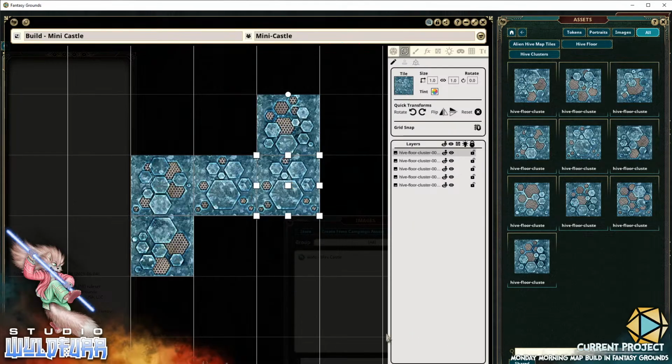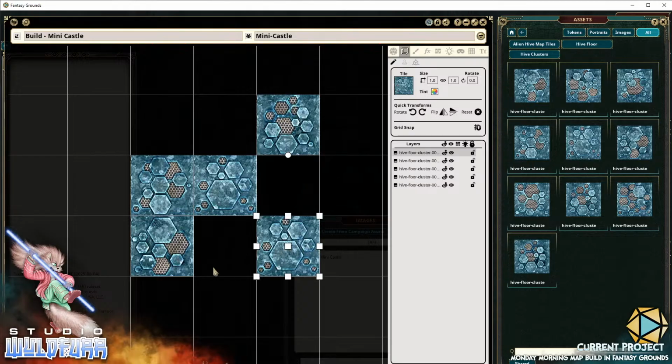Now, you can move it around, and there are some options. For example, share with players. That visual option is not important in map building, because when we're done, at the very end of map building, we're going to turn all of these layers